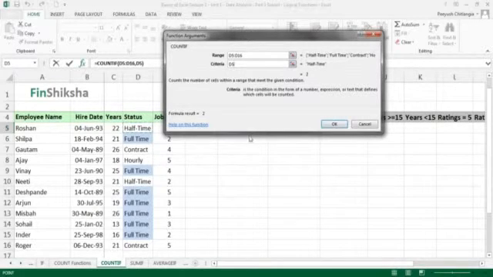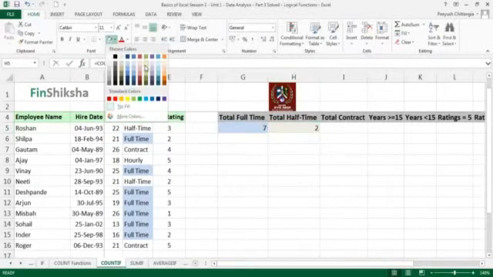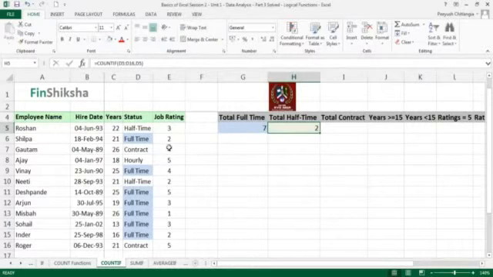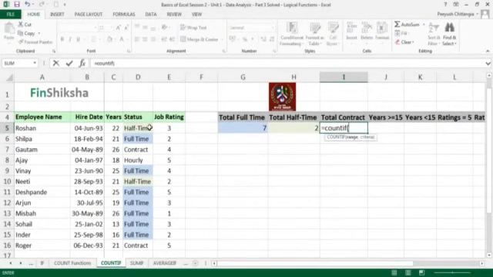You just link it to that cell D5 and click OK, and it gives you the same answer, the number of people who are working half time. Let's look at this: this is half time, and there's another one who's half time. And similarly, total contract, that's countIf, select the data set and say